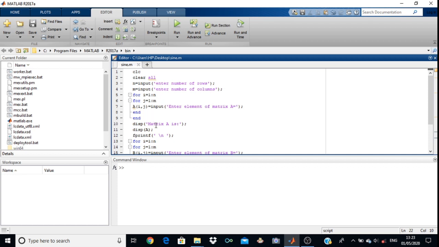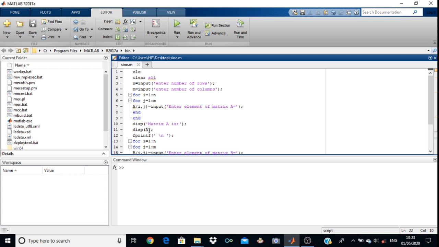Now display your matrix. For displaying any matrix in the command window, you have to use disp. It means display the content which is there in the inverted commas. So 'matrix A is' is the statement which you have written in the display expression.